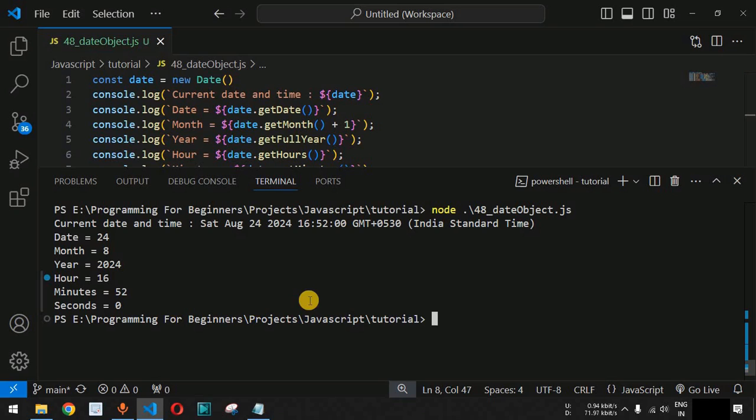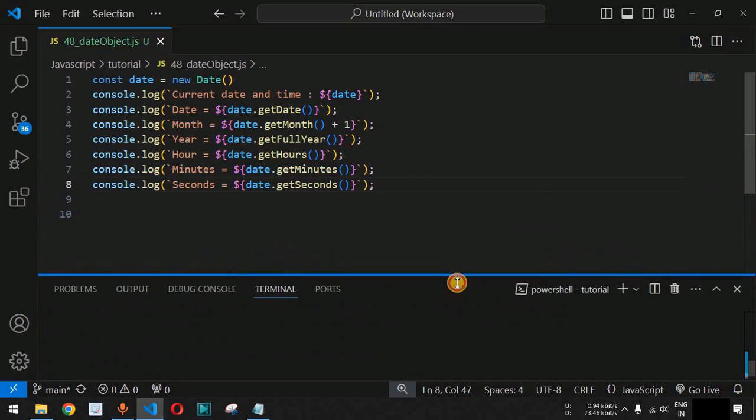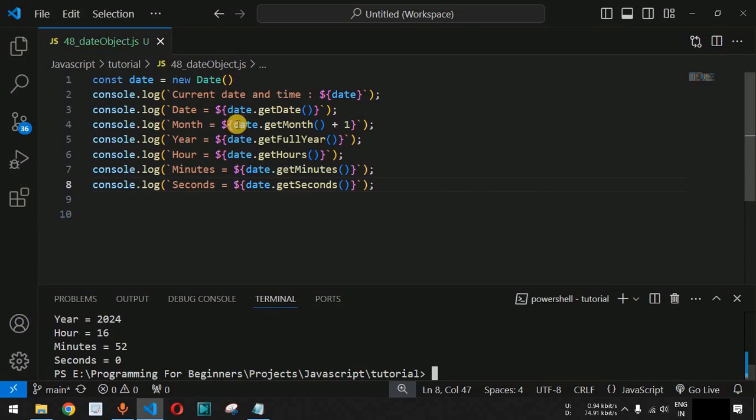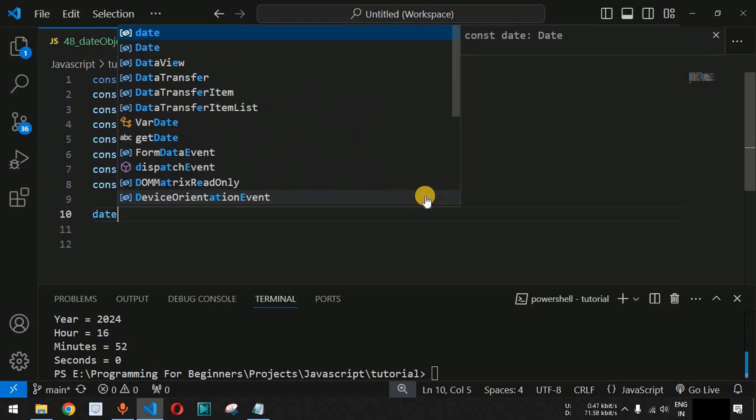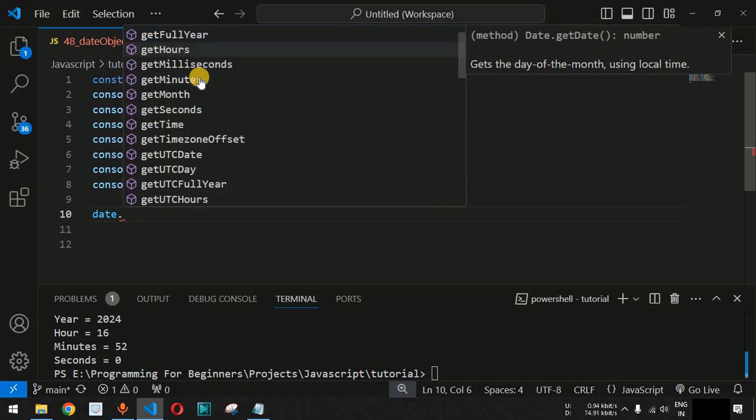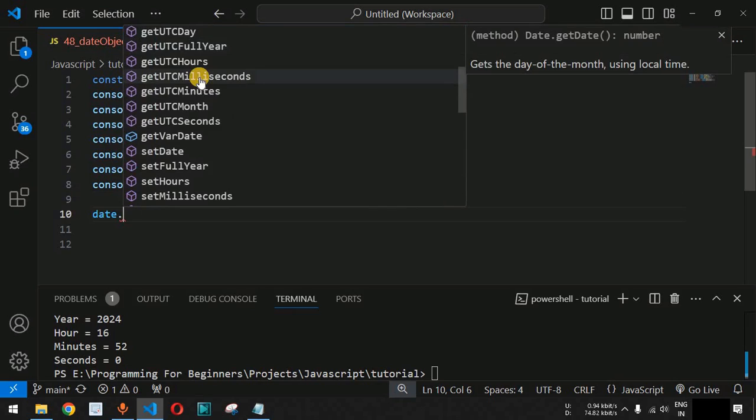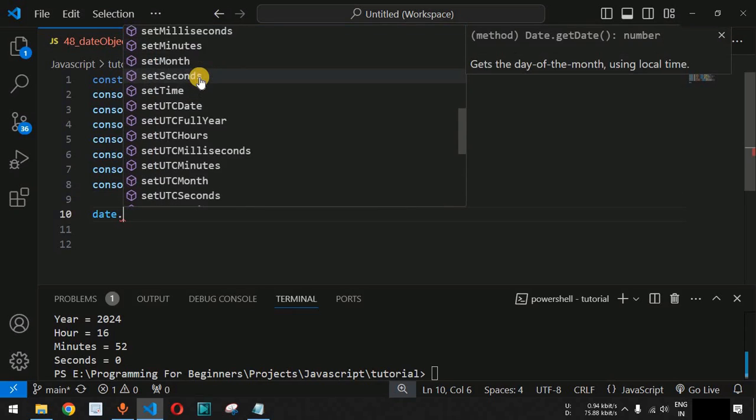In this way you can use the different methods that are present inside this date constant, in which we have stored the current date and time by using the new operator followed by the Date object, which is a built-in object in JavaScript. Apart from this, you can use multiple other methods. As you can see, we have many other methods related to the date object, which can be used based on your project